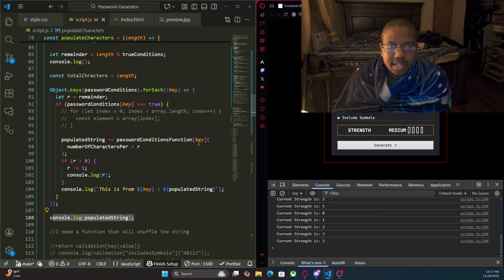And we're going to add the key to it. And then the value that we're going to put in there is number of characters per plus 1. So in the instance, again, if it's a length of 10, 3 conditions that are true,